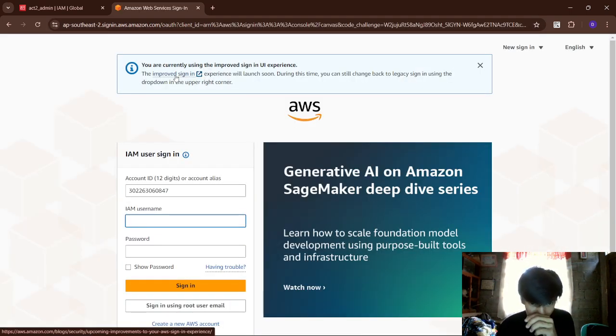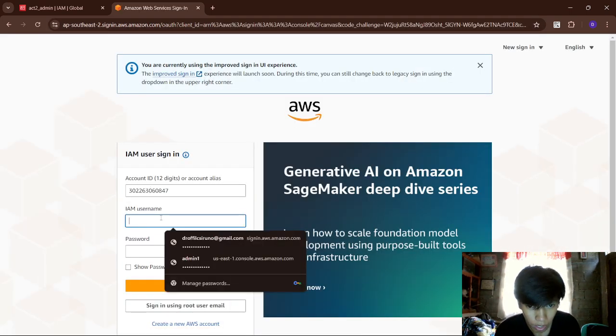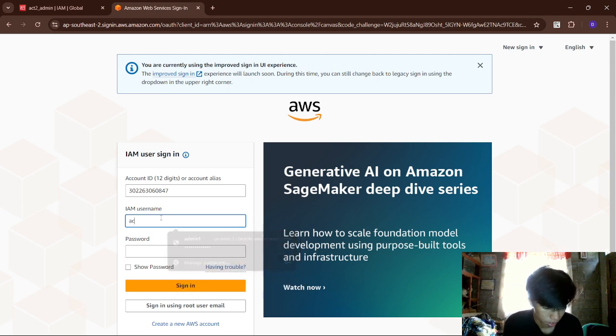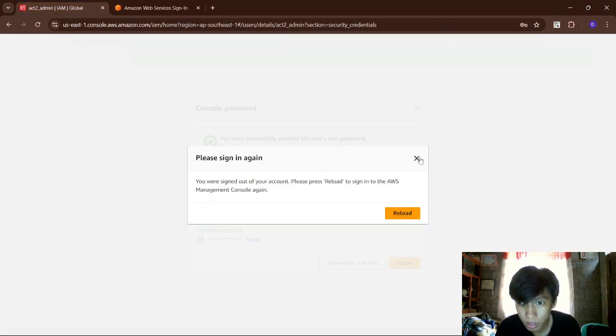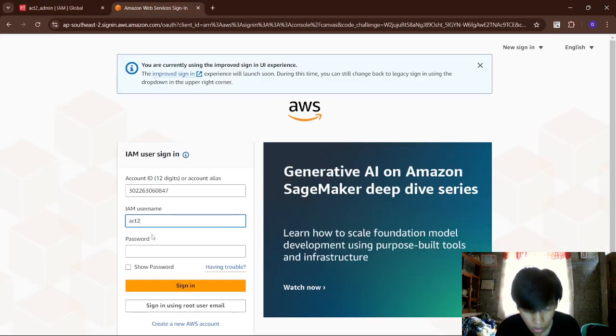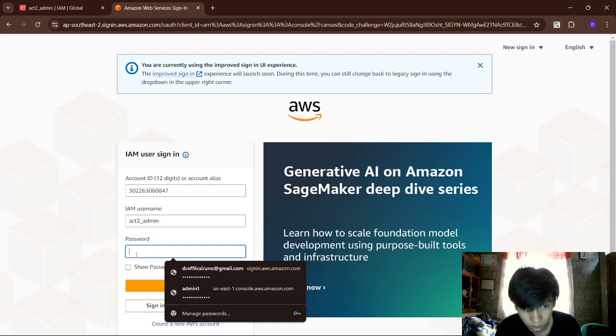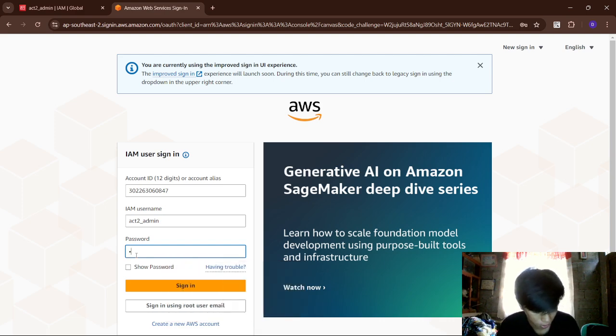And now we have the Act 2, which we have to use the admin and our password we created, and sign in.